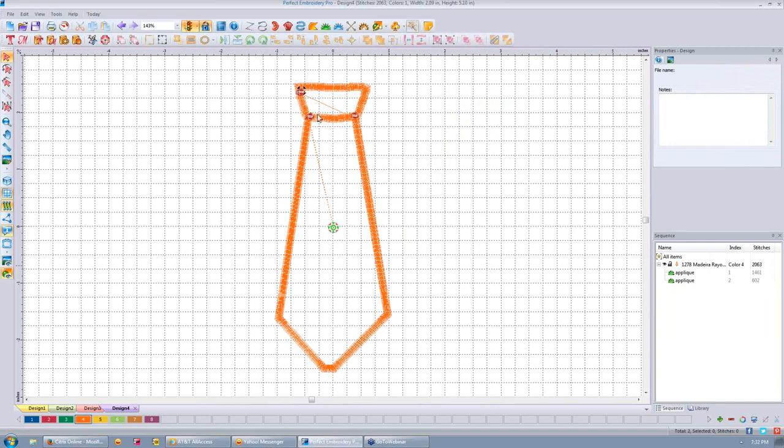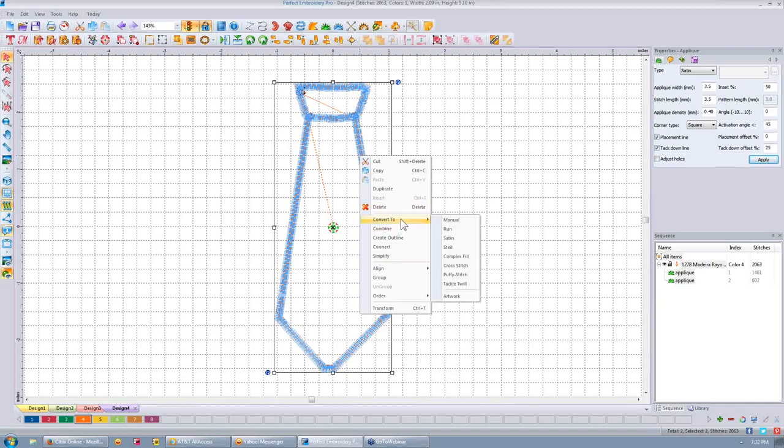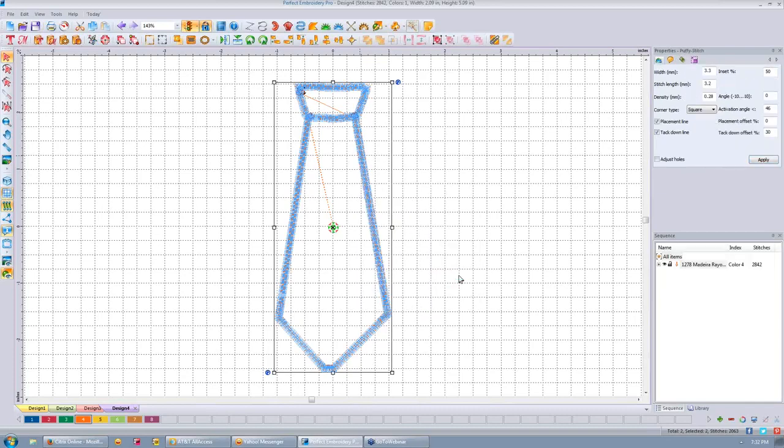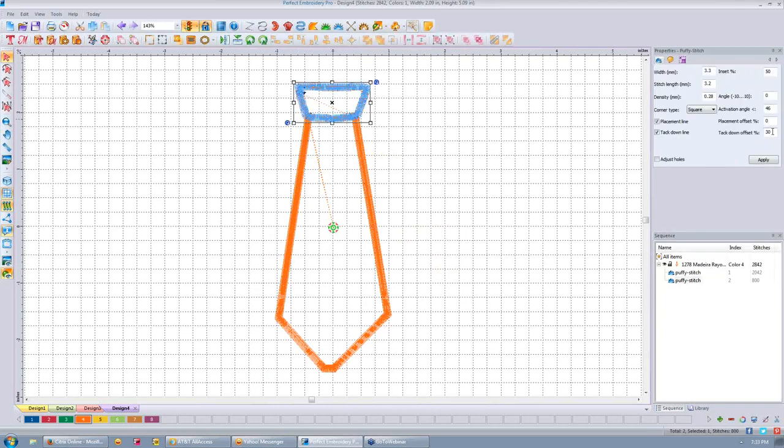Yes, that is, if I wanted to change this applique, if I wanted to use puffy foam or any of those products that tear away on the outside when you do them, those have to be a certain density to perforate the foam so that it will tear. But the problem with them, and let's just convert this to puffy stitch, is that sometimes, if you're not careful, it will pull it away from the inside as well. So typically, and I've adjusted this, I'm going to move